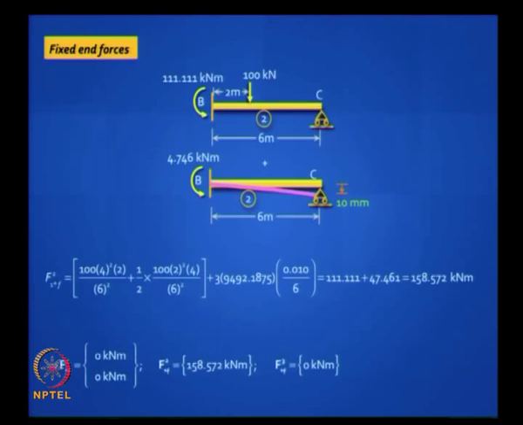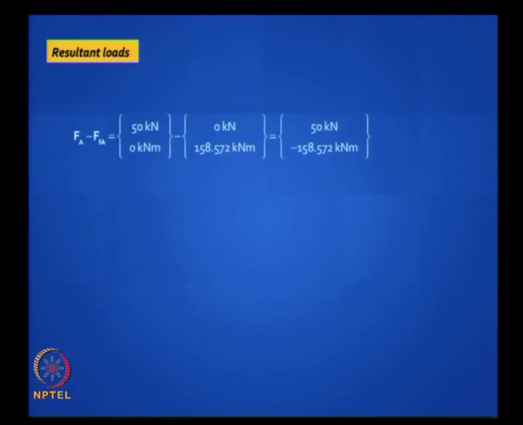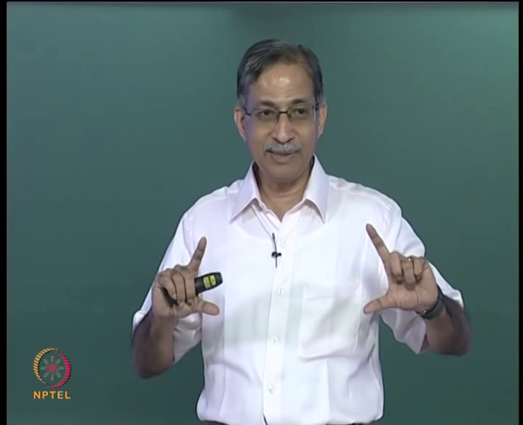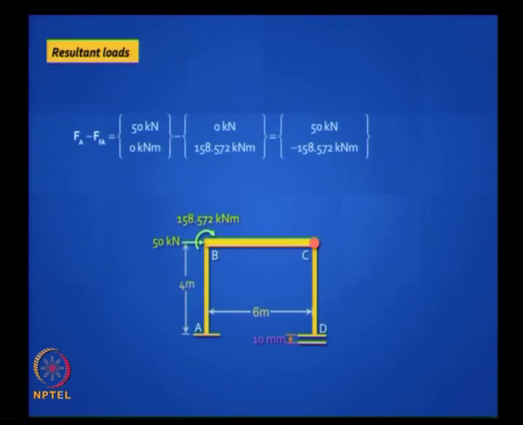You get the fixed end forces. The size of your vector has now come down from 3 to 2, and that's what you get. Your fixed end forces, your nodal forces, your equivalent joint loads are now, that 50 kilonewton was given to you as input. The only thing that came extra is that 158.572. So you are going to get the same response with this as you got earlier. Is it clear? You don't put any vertical forces, you don't put any moment at C. But here